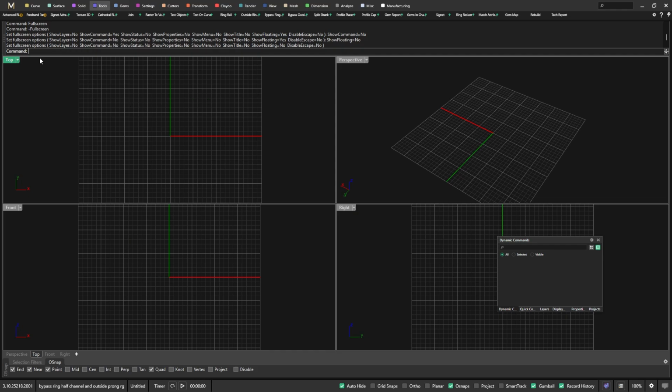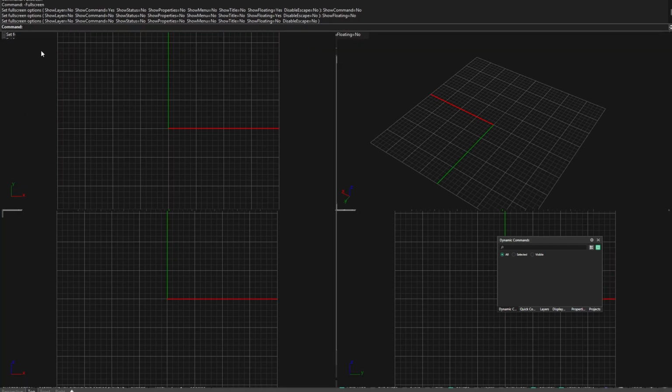Right, so we're out of it. So let's type full screen now. Full screen, hit enter. It still shows up, so we're good to go for the most part. So I'll just go ahead and click on here,